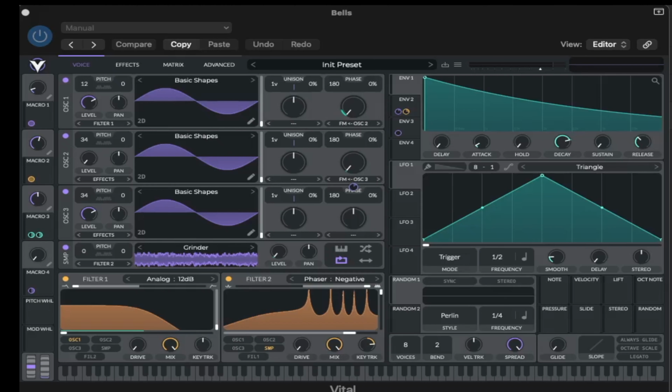R&B is a genre rooted in feeling, warmth, groove, and expression. From classic soul to modern new soul and trop soul, the sounds we use shape a track's emotional depth. Today, we're going to build 5 essential R&B sounds inside Vital, one of the most powerful and versatile wavetable synthesizers